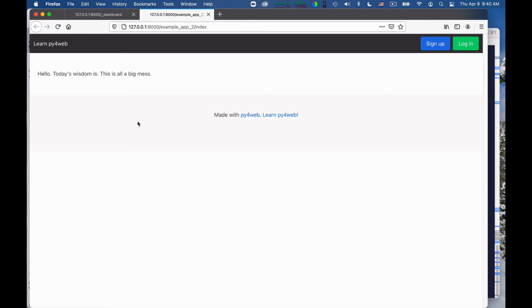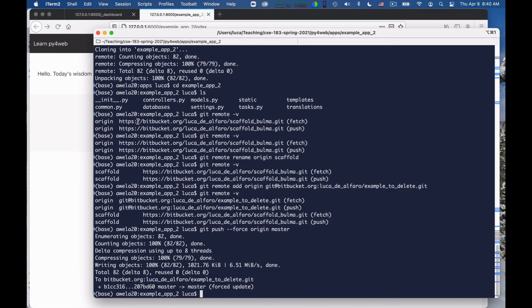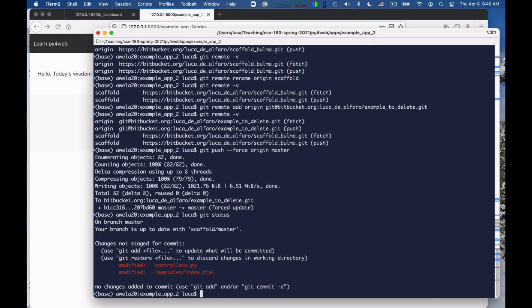Yes, it works. Once I'm done with the change, I go back here and I say, for example, git status, and it tells me I have two files that are modified. And so I typically do the commit using git commit add -a. This -a essentially adds any modified files to the new files that have to be committed.